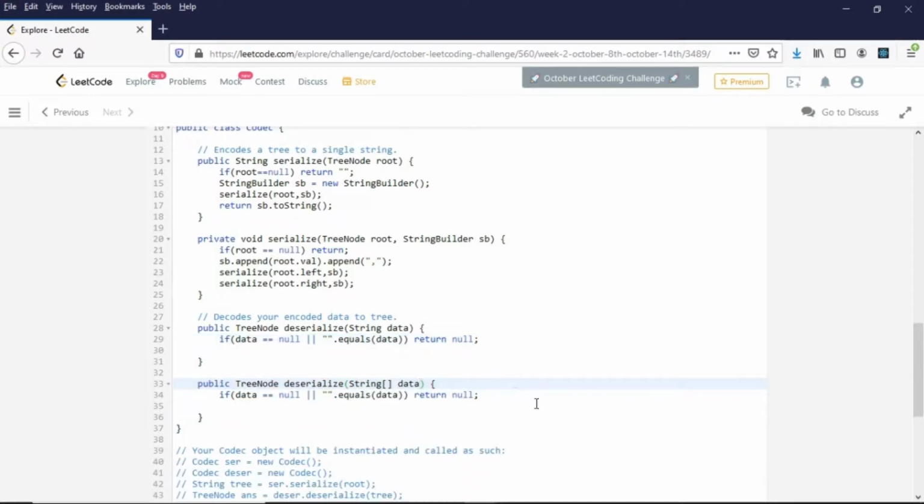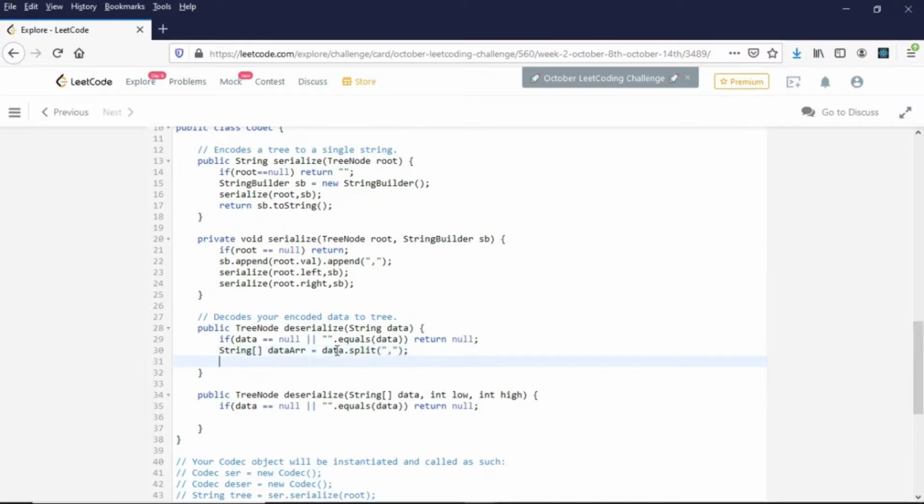Now I am copying the same method here, and here I need to pass int low and int high. I need to know, in the subtree, what is the low and what is the high, and before calling that method I need to split the string. So I will use a string array, I will split by comma, and then I will call the deserialize method.